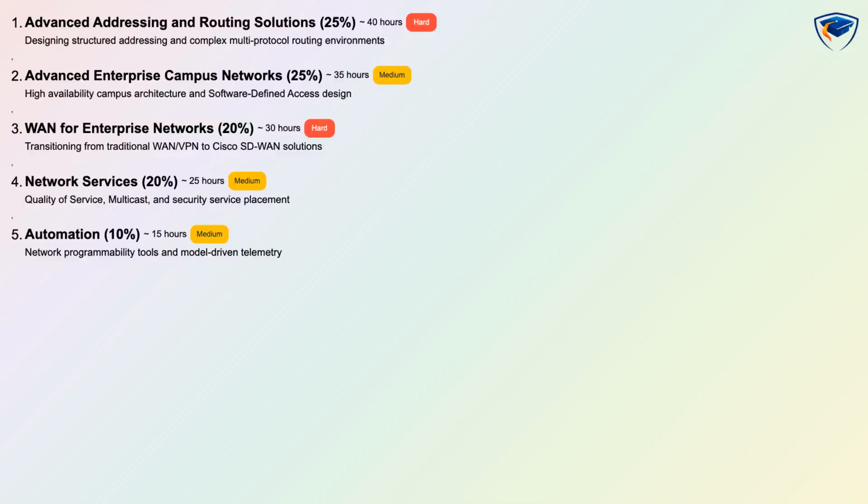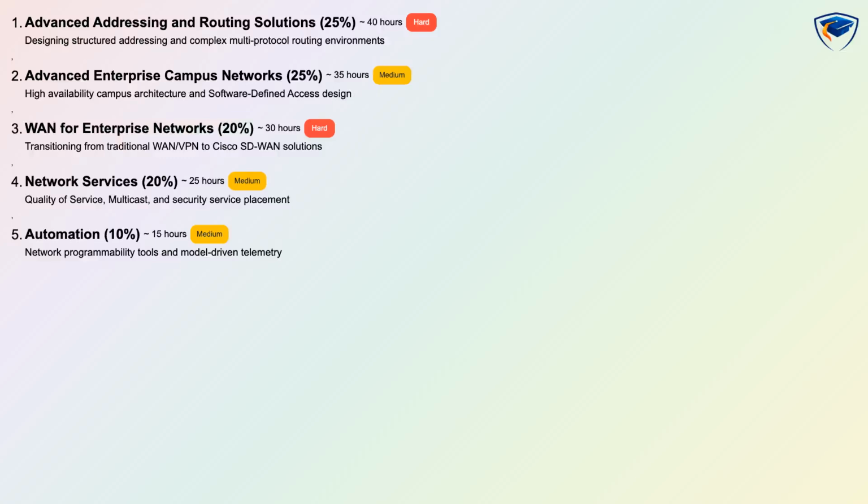The overview of the ENSLD exam shows 5 domains with exact weights. Advanced Addressing and Routing Solutions is 25%, Advanced Enterprise Campus Networks is 25%, WAN for Enterprise Networks is 20%, Network Services is 20%, and Automation is 10%. This exam focuses on design skills across routing, campus architecture, WAN transitions, services such as QoS and multicast, and automation